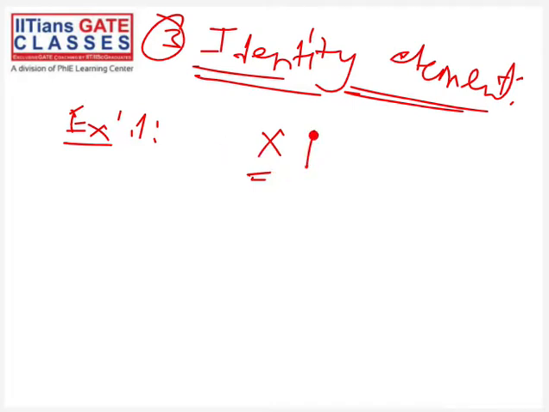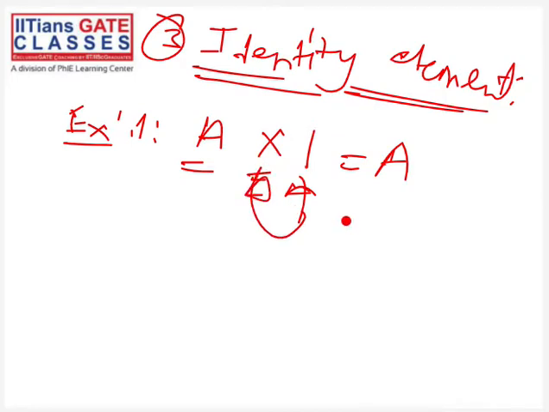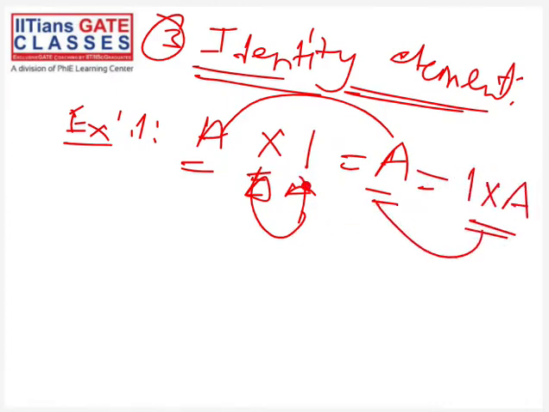For the multiply operation, the element 1 works as an identity element, because if you take any number a, a multiplied by 1 is equal to a. We already know this thing. So this one is known as the identity element for the multiplication operation. Because a multiplied by 1 is equal to a itself, a is coming back again. Also you know that 1 multiplied by a is also a. So this one is called the identity element for the multiplication operation.